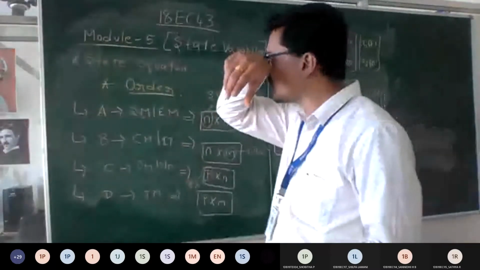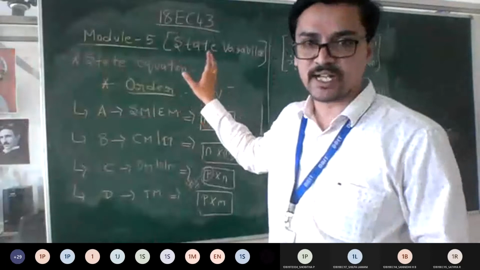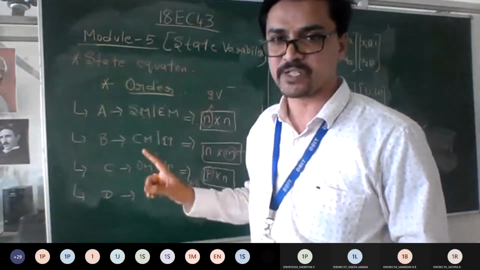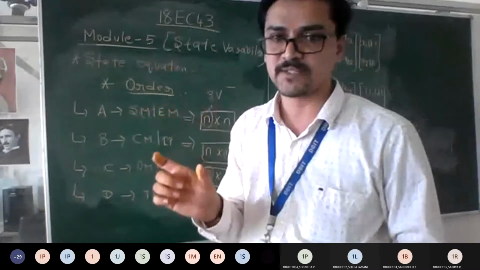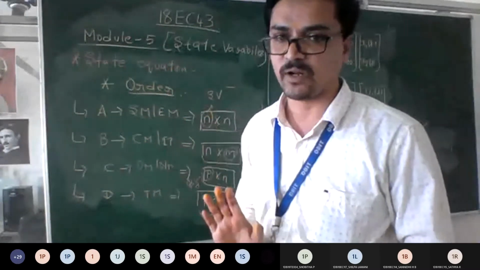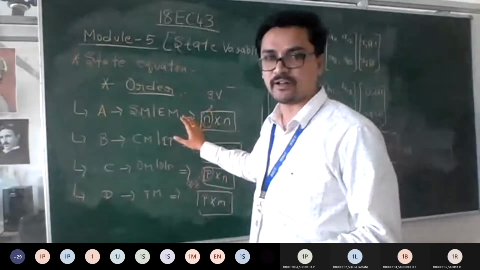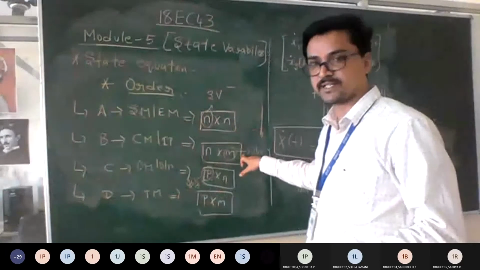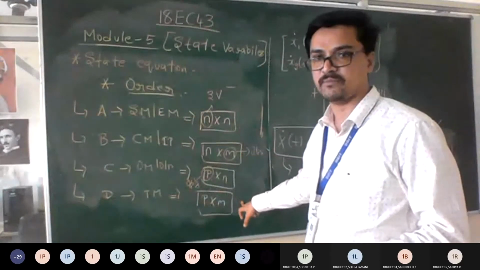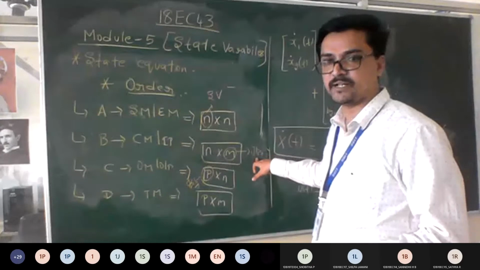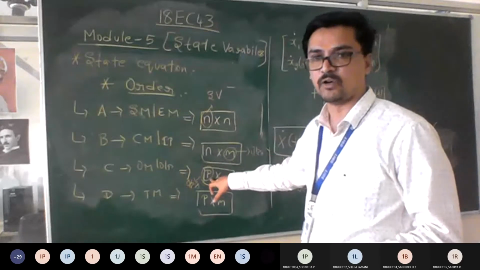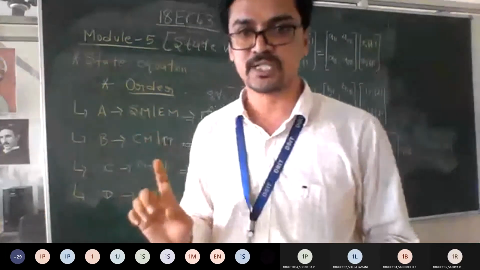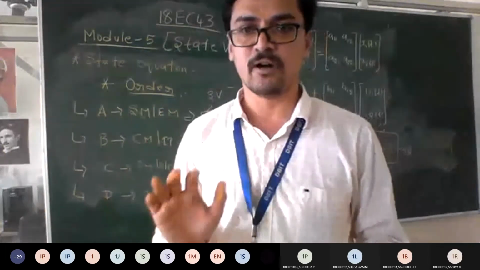I hope everyone got the things what I told. Once we understood the derivation of state model equation, it is a combination of state equation as well as output equation. So we wrote two formulas in the matrix form. Same way you have to calculate in the problem also. Then in order to remember the order for each matrix A, B, C, D, we wrote n cross n, n cross m, p cross n and p cross m, where m indicates number of inputs, p indicates number of outputs and n indicates number of state variables. So this much is what you need to remember before going for problems.